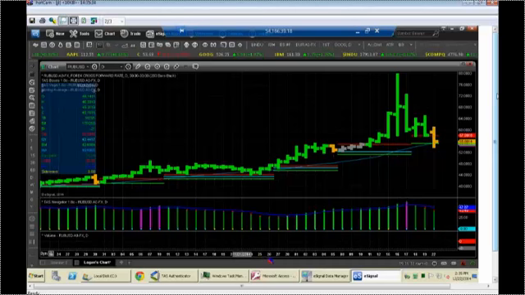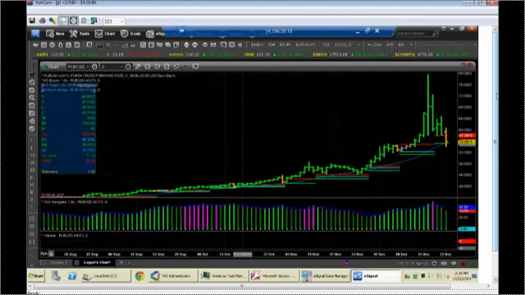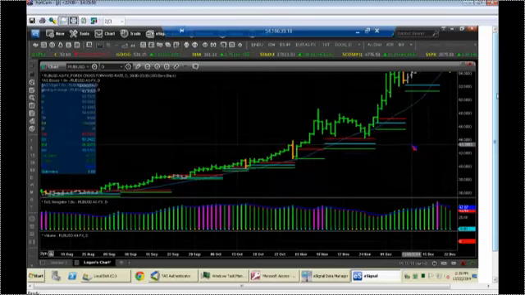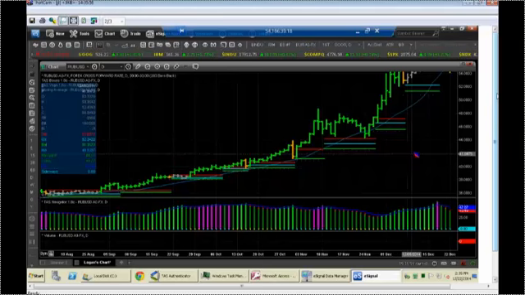It gave us pull-ups and retracements. Every retracement was at or near distributions of profiles. And since the beginning of this